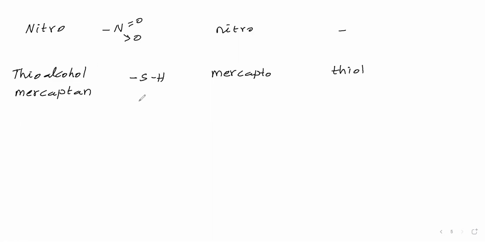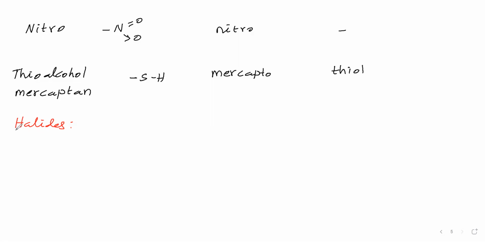Just before, we have discussed prefix and secondary suffix for certain functional groups. These names we have to practice. Next, we will take functional groups particularly. Now we will take halides. We will see how to say the name of halides. First we will take single functional group compounds, then we will see compounds with many functional groups.